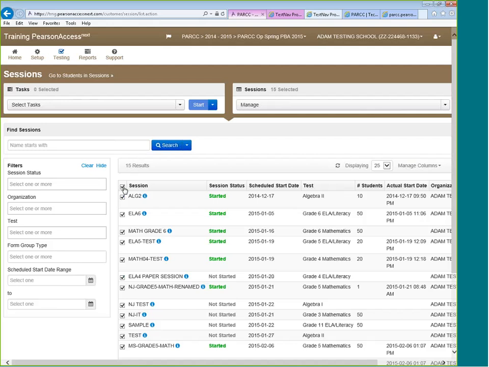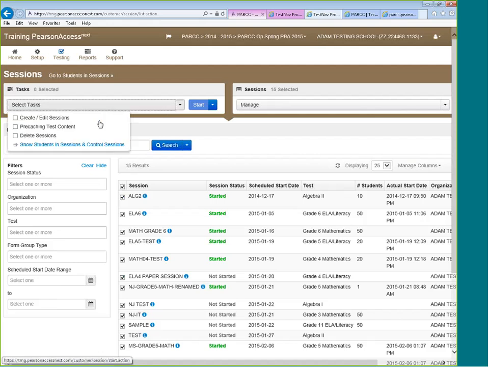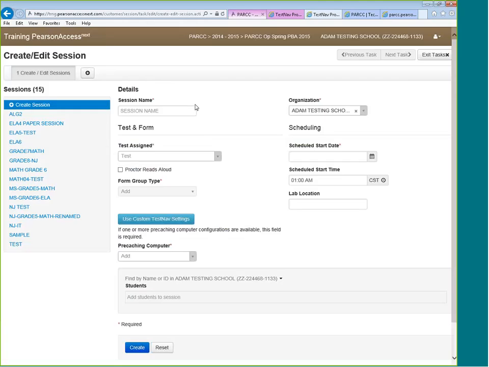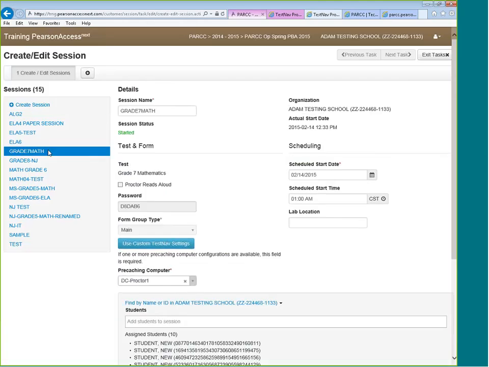But I want you to not panic here, because when I created a new one and I had DC Proctor 1 as my default, that automatically got assigned as the default pre-caching computer for all of my sessions at the school. So if you do have to recreate your TestNAP configuration or anything like that, you do not have to worry about going into all the sessions and manually selecting this. That'll happen automatically.